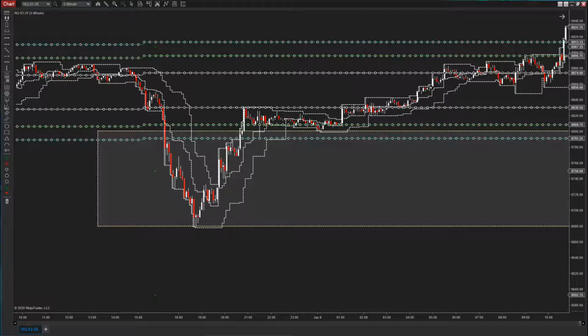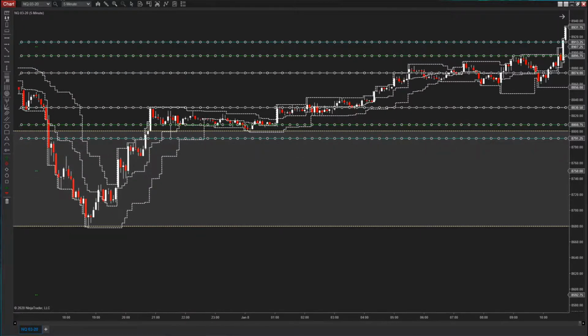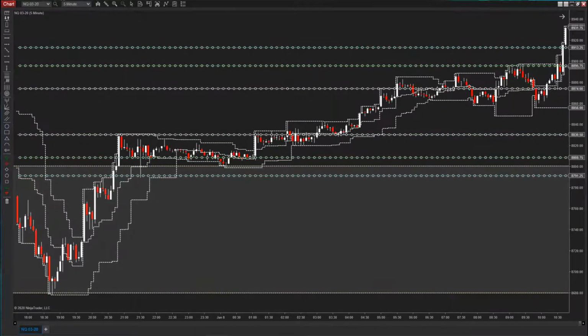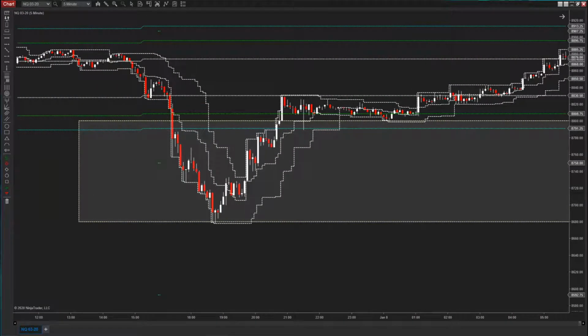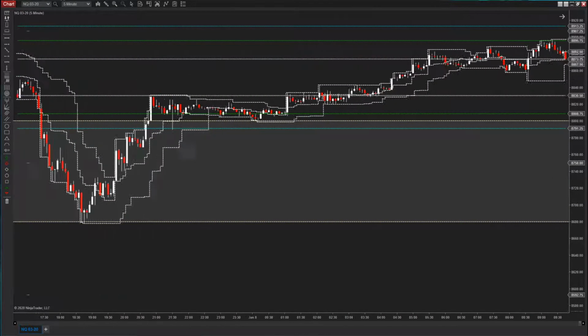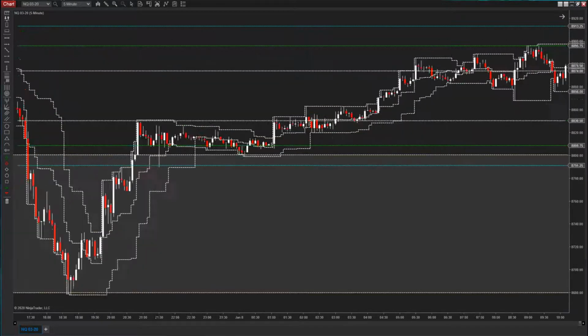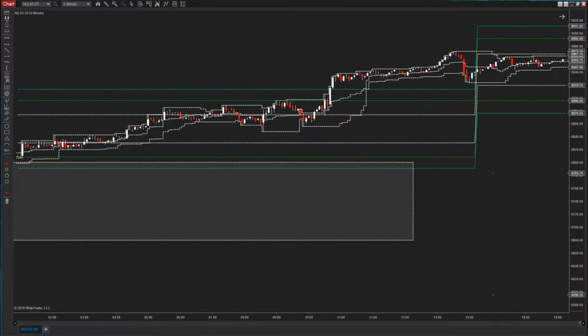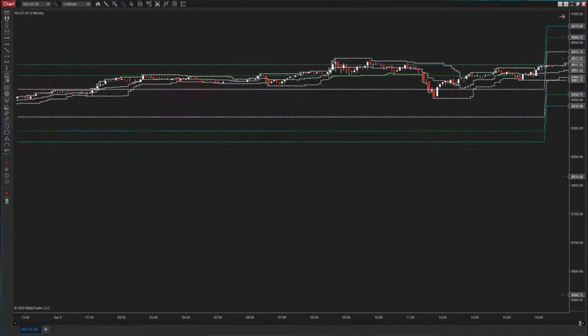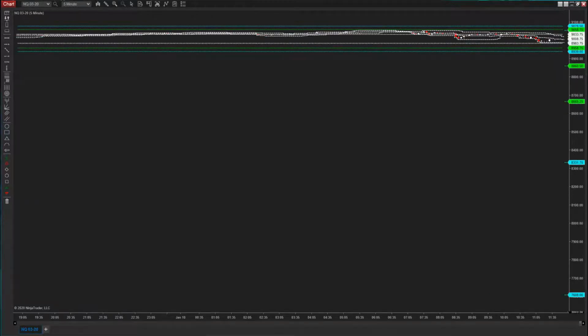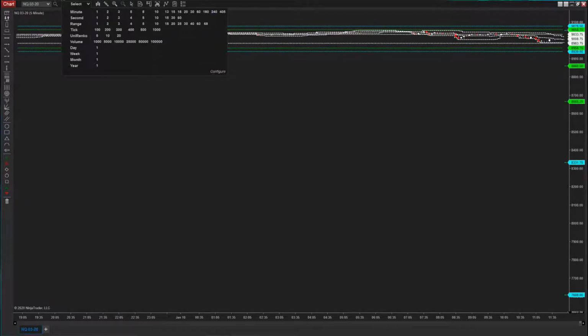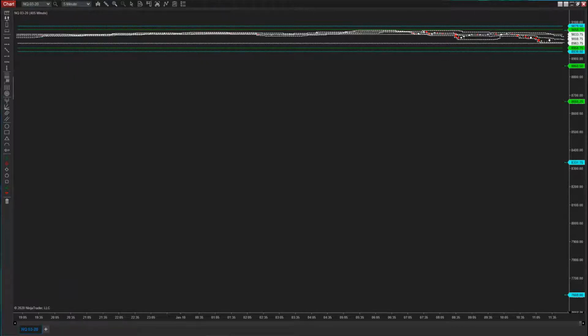I would not be trying to go long underneath that midband, but think about it like an algo and take advantage of these breakouts and position yourself to get back long. There's nothing that's going to be changing. I'm going to put this back on 4 or 5 minutes. There's nothing that's going to be changing this